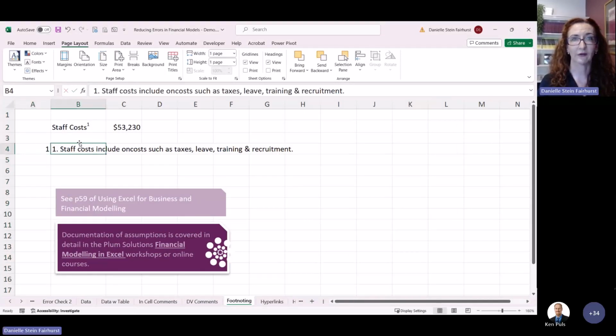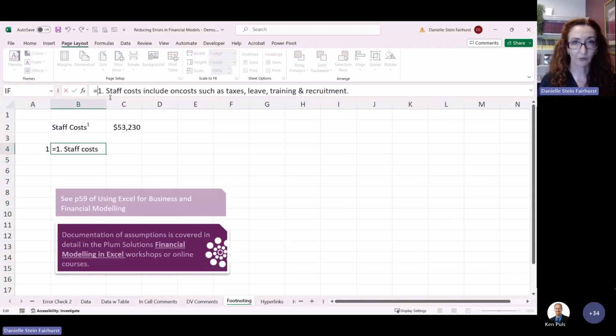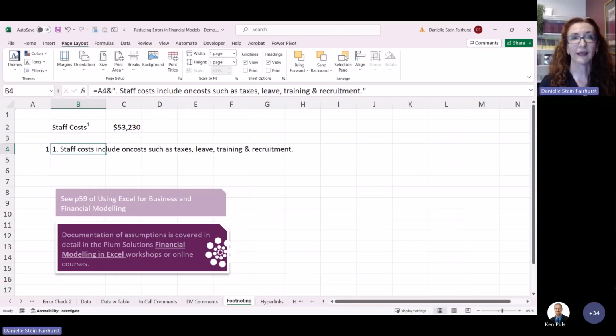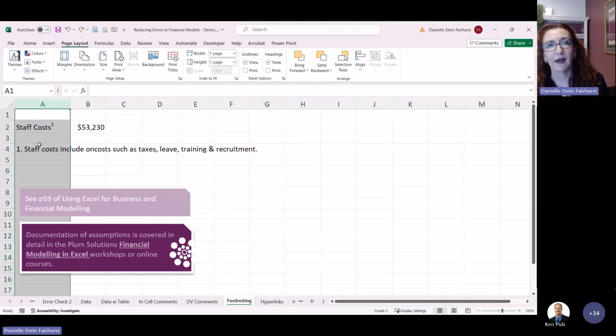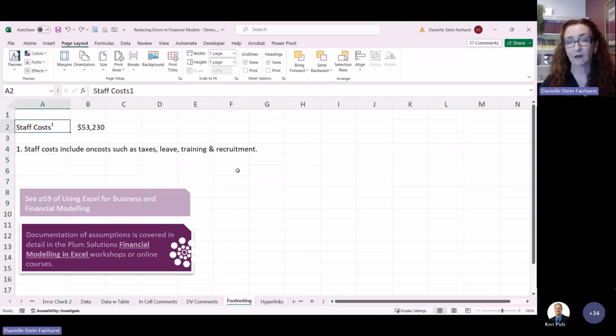or put in number 1, and then you would add that in. I'd probably be more likely to do something like that, and then do the same superscript above. So that way, if you were to change that to 2, that's just a manual way of creating hyperlinks within a model, or footnotes within a model. It's a very low tech way of doing it.